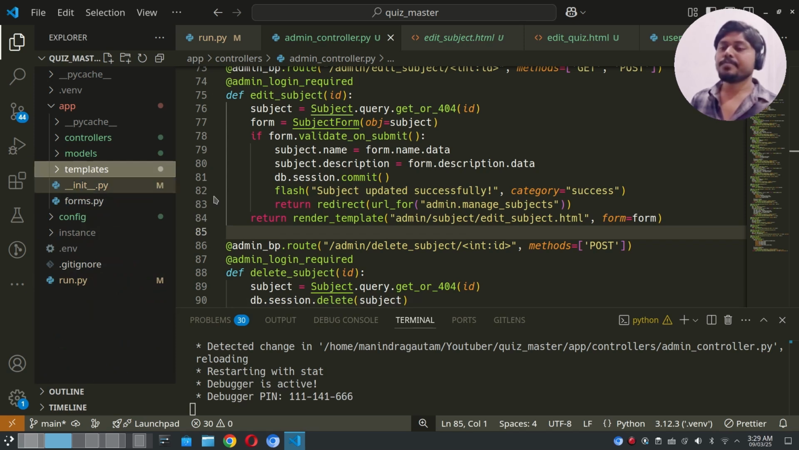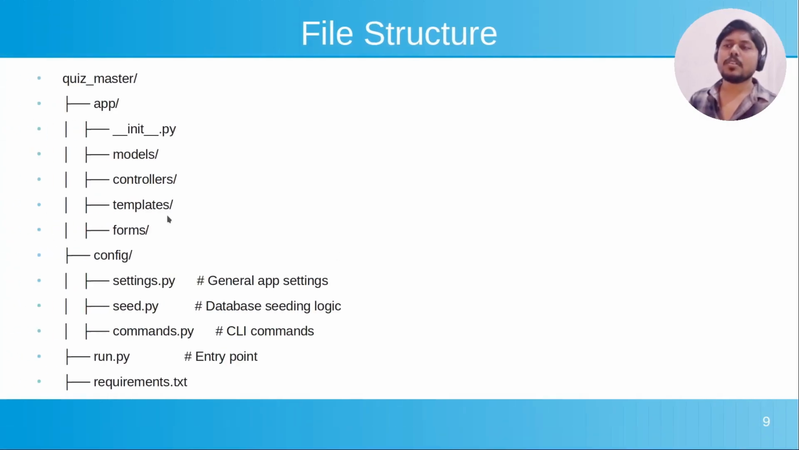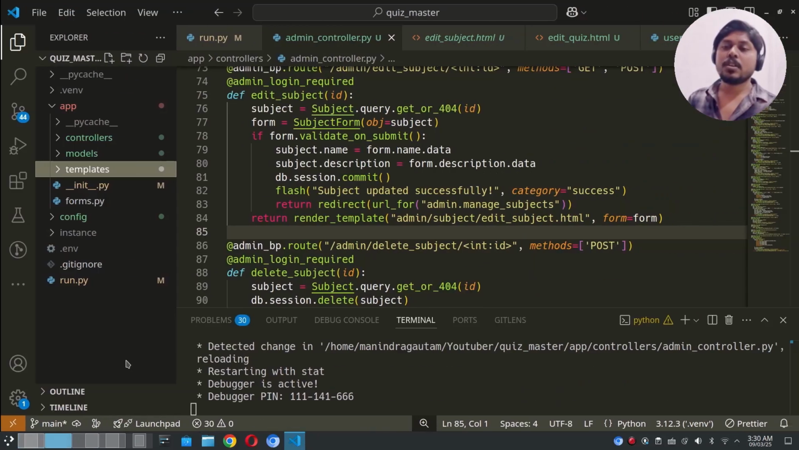Okay, we have configured our whole application. So app, then models, controllers, templates, forms. Forms we have kept as the forms.py only. Then we have configured the config directory with the settings.py, seed.py, and commands.py CLI command. And then the entry point has all the content from the root file that has been refactored, and now the run.py